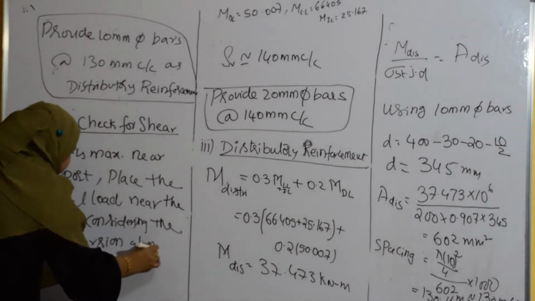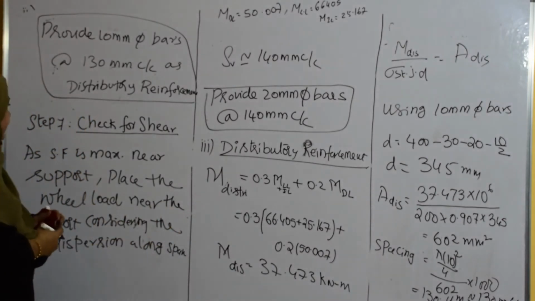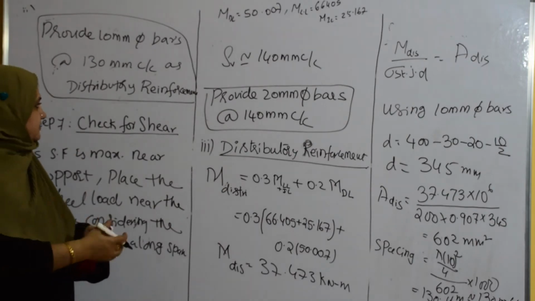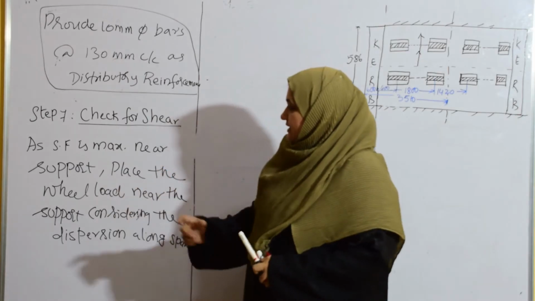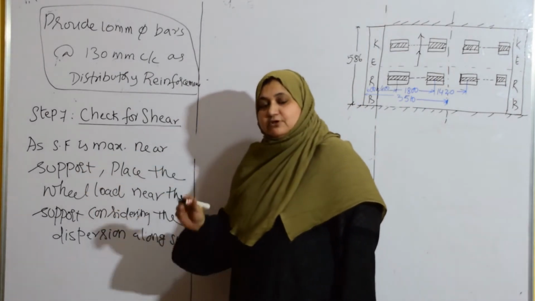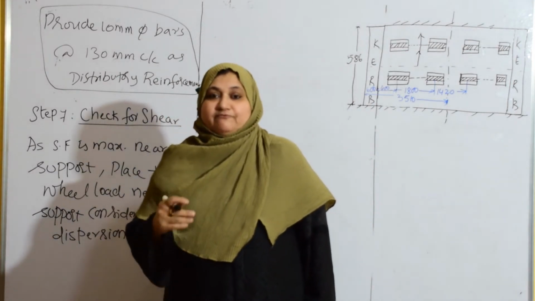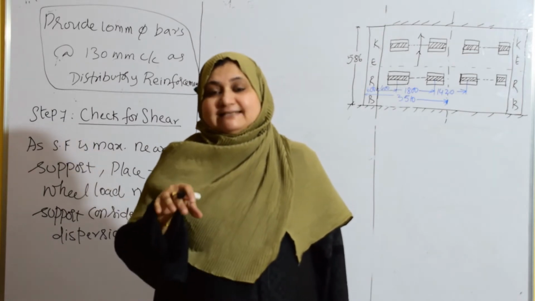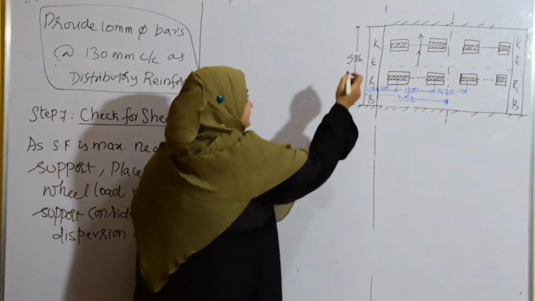Okay, I will try to explain slowly. Please try to understand. This check is very important, and also it is very calculative. More calculations are required here. Okay, the subject, as I said, shear force is maximum near the support. We have to place the axles near the support. When we were determining the bending moment, we placed the axle at the CG of the slab, right? Now here we have to place, there are two supports.